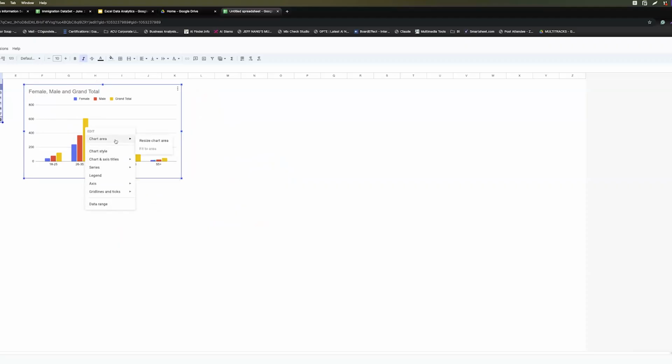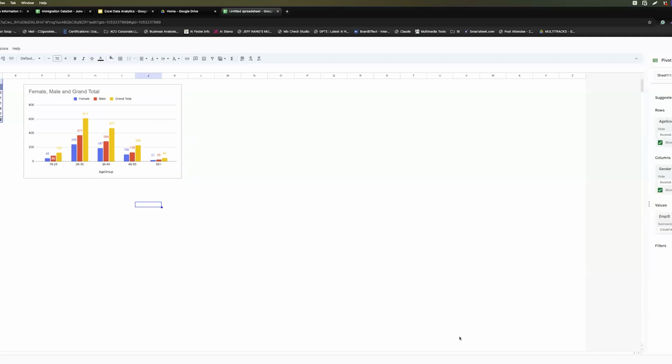I'm trying to find that here. I'll find it later on. Yeah, I found it, data label. I can add my data label to this, and to this as well, and to this.